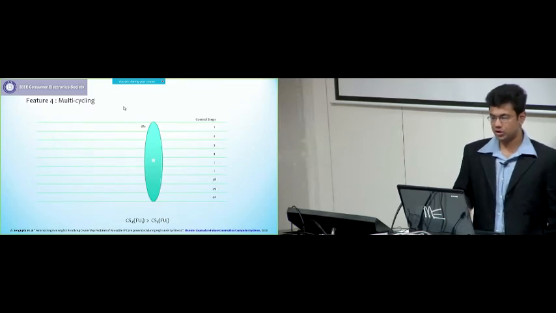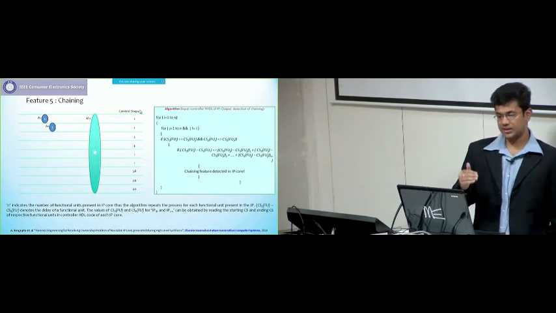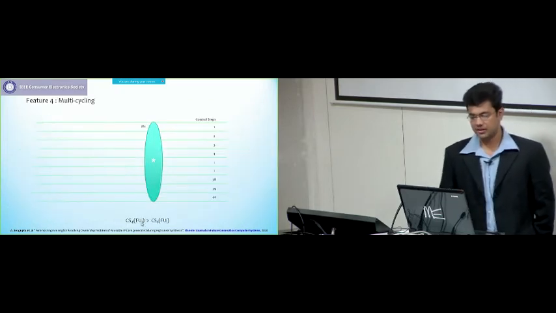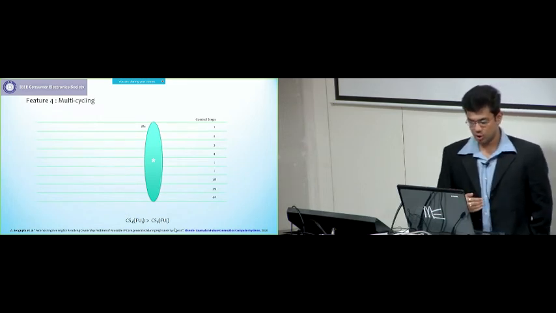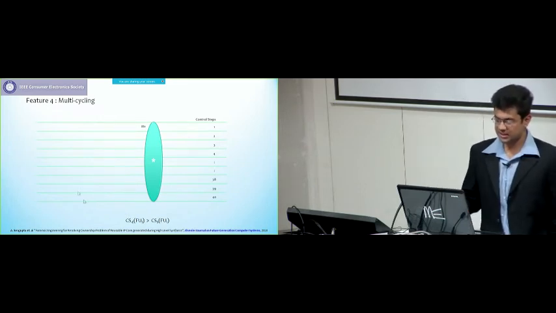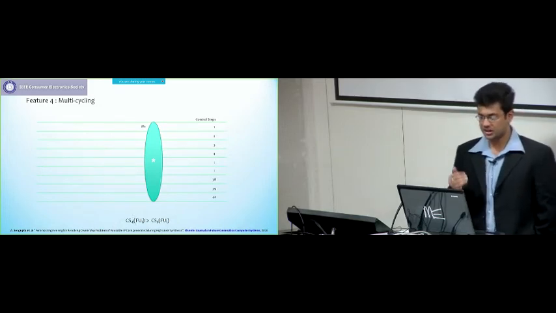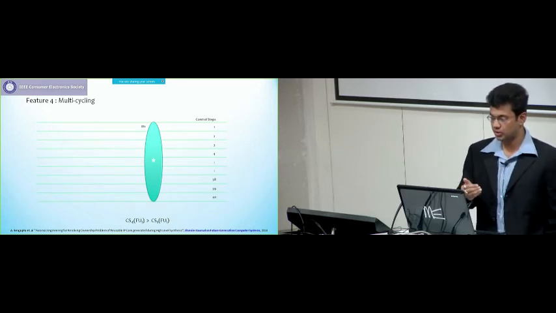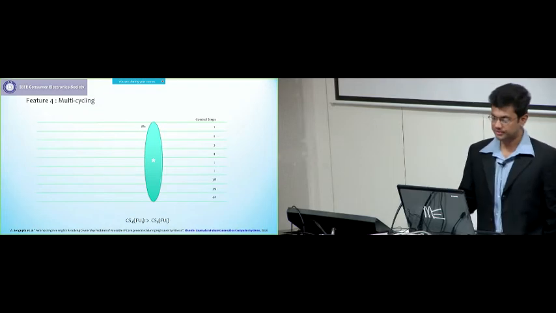The fourth feature is called MultiCycling. What is basically done here is that in MultiCycling, typically we try to satisfy this condition if MultiCycling exists. So if the end time, so CACE FUI indicates the end control step of FUI, if that is greater than the start control step of FUI, then we know that there is MultiCycling incorporated into the design.